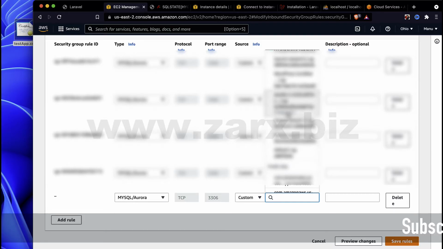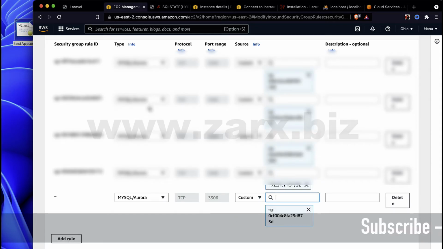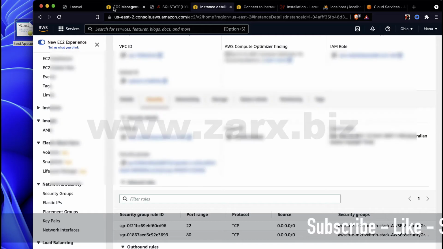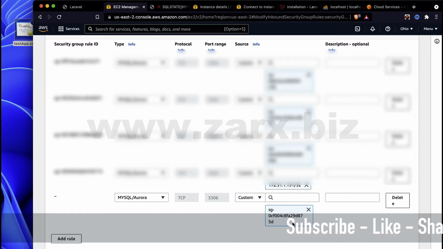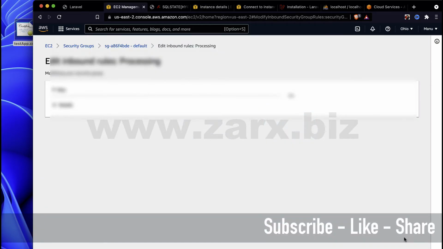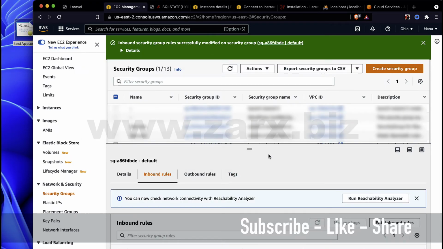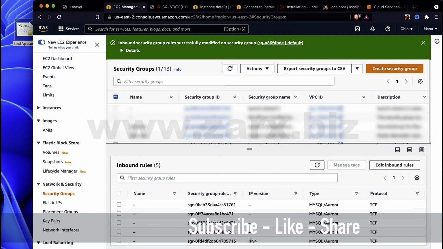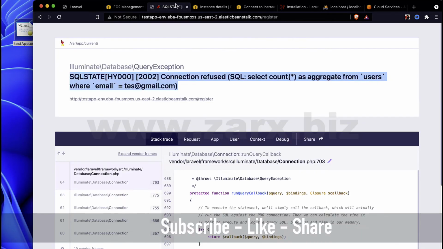So you can see that here, test app environment ending with 875D. I click there, and if I go to instance, the security group is the 875D, the same one. So yeah, we are doing it right. Once this is done, save rules, and this is going to update the environment and make the connection. Now if I go to the app here and I refresh